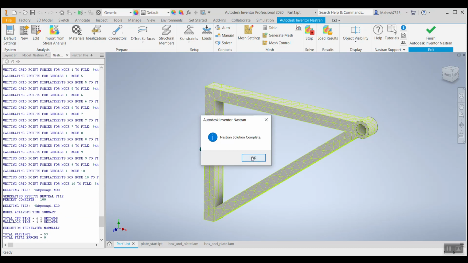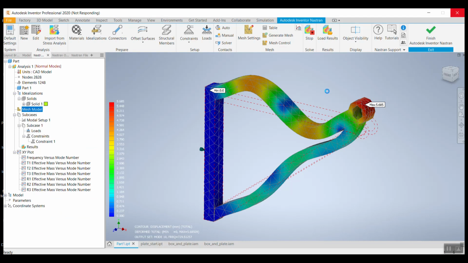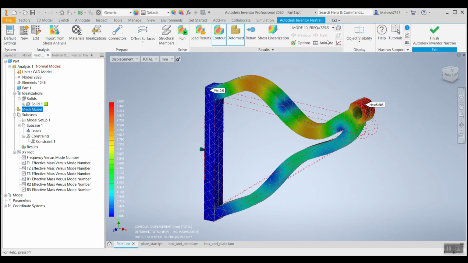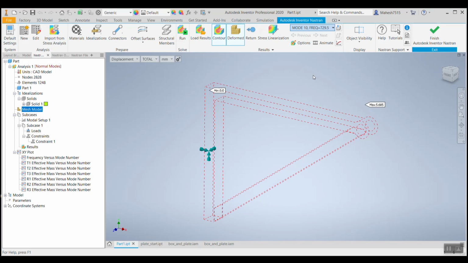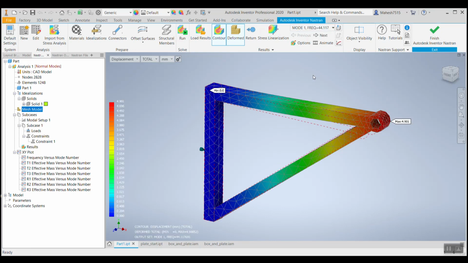Okay. So we'll quickly go and see what is the minimum deflection that the part can handle. I'm sure that it will be increased to some extent. Why? Because we have added a stiffener now. So we'll go back to mode 1 and you can see it's 44.1. It's still not loaded. Wait. So now your mode 1 is 44.1 Hertz. So we'll round it off to 44 Hertz. So initially without stiffener, the model was able to withstand up to 38 Hertz. Now it has been increased to 44.